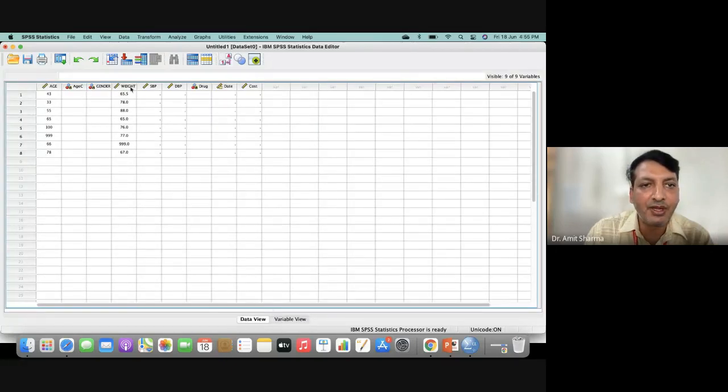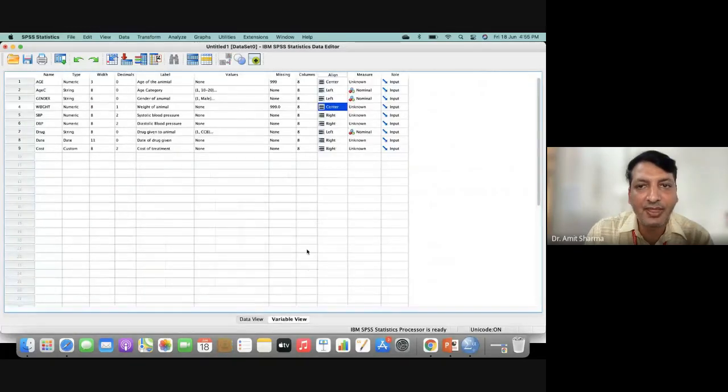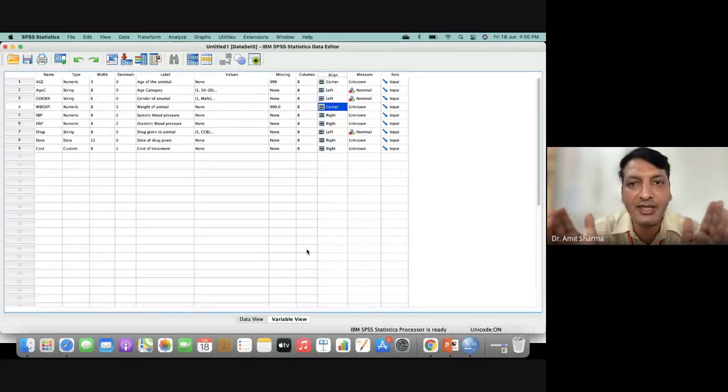It's your wish where you want to keep the data, on the left hand side or on the right hand side. See how it will look. What I recommend is that if you have two numerical variables together, then keep both in the center. Most commonly, all the numerical variables we will keep in the center and all the categorical variables we'll keep on the left hand side.